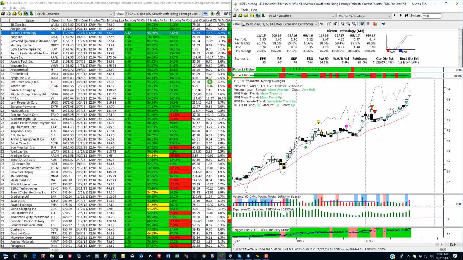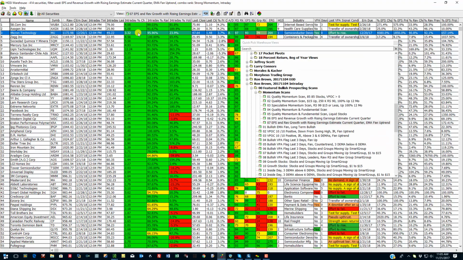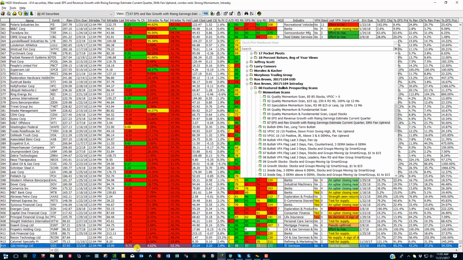And here's Micron, which just continues to go after this shakeout back here and a little shakeout right here too. But there have been many opportunities to buy this with a VPA flag and also the pocket pivots. But once again, strong momentum combo is in here, and it's bringing these to the top of the list. If I go to the bottom by clicking up here, you can see that these stocks, even though they have EPS and revenue growth with raising earning estimates, are not